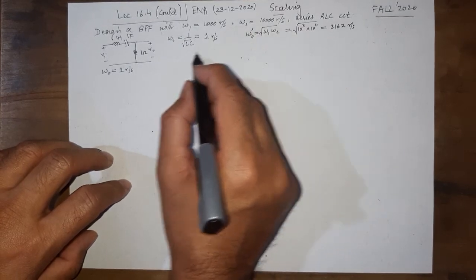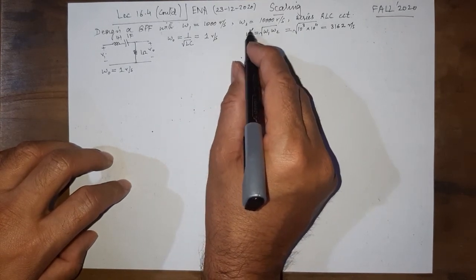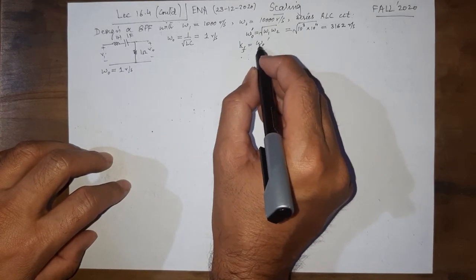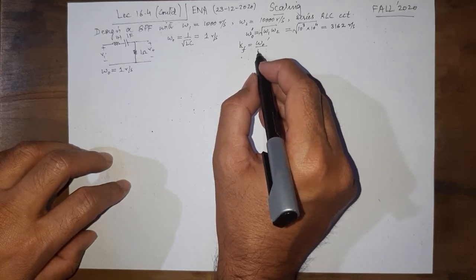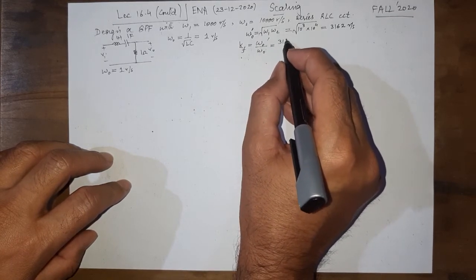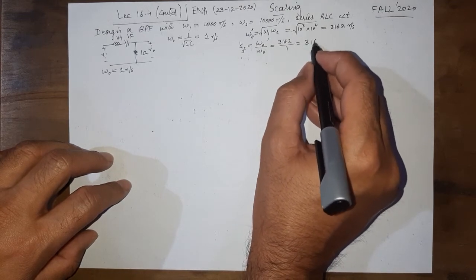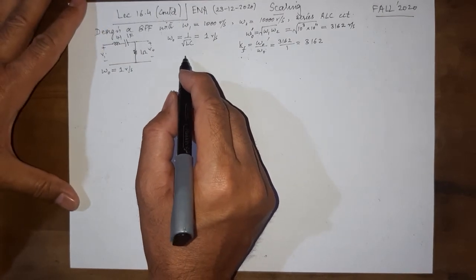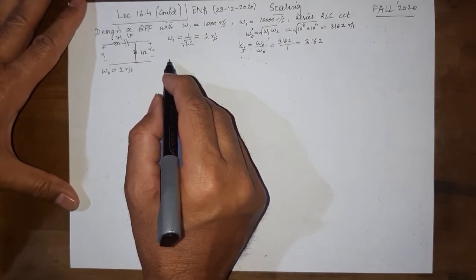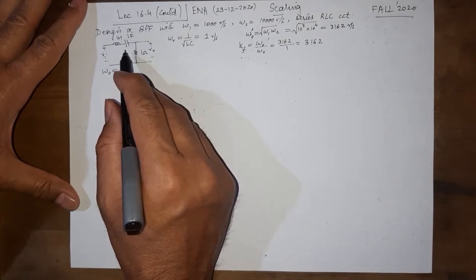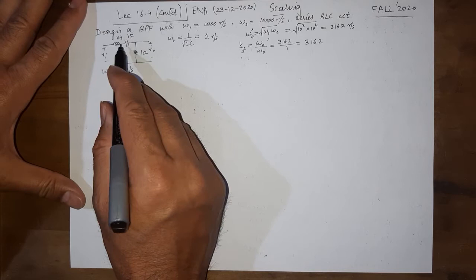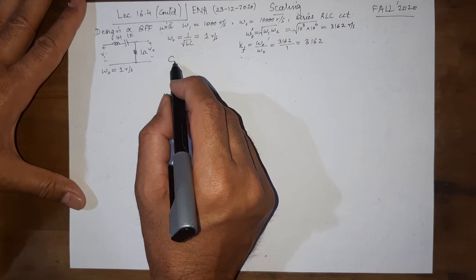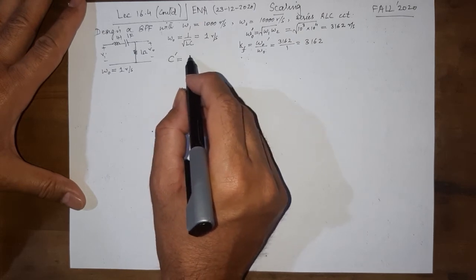So with this, we see that omega naught dash over omega naught gives us Kf. The frequency scaling factor that we are interested in is 3162. This is a factor, it does not have a unit. And now comes the important part, that we need to find Km. But for Km, we need to first find what component values we would be using. So we start with one of them. Any one is okay, but generally it's always wise to come up with a C that is a good value.